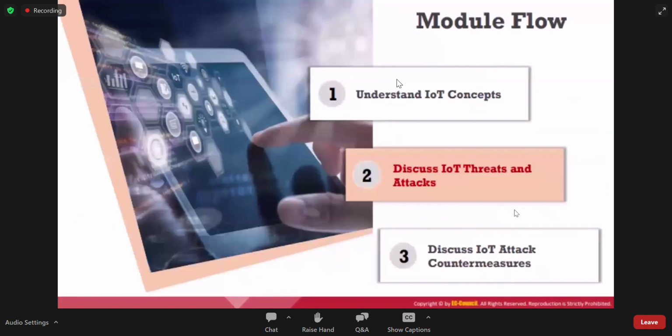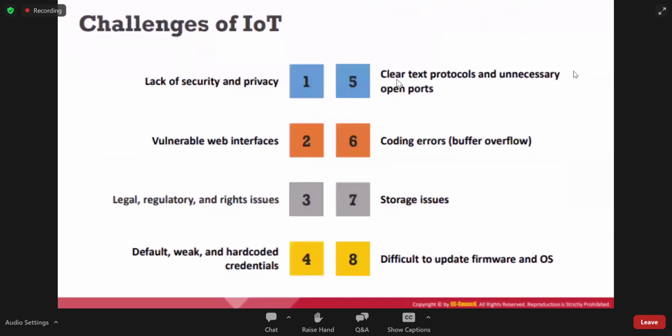Let's go further, discussing IoT threats and attacks. So why do we need to create security for IoT in the first place? The thing is, it is an endpoint, an easy endpoint to connect to a network. The obvious thing is we have to secure our network in order to secure the whole organization, right? And Wi-Fi is an entry point, an access point, right? The same thing applies to IP cameras.